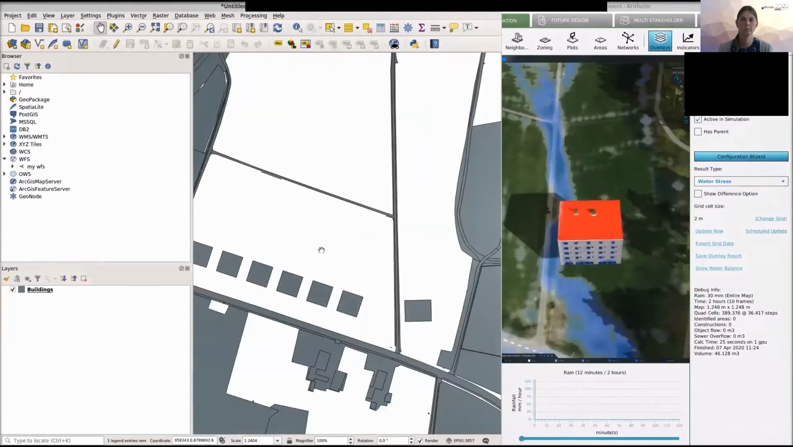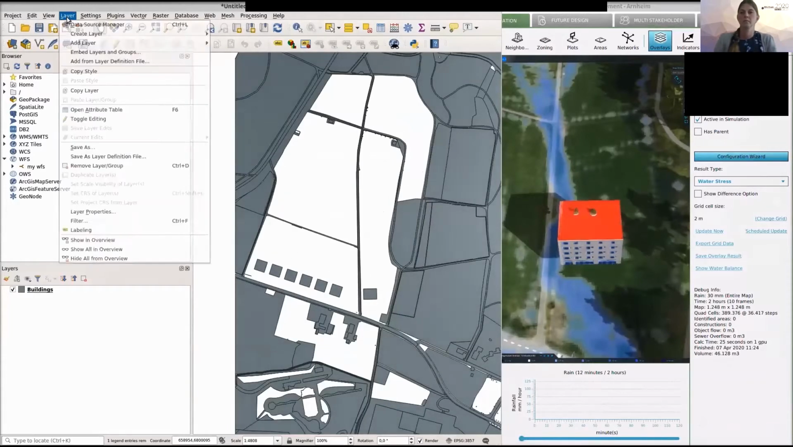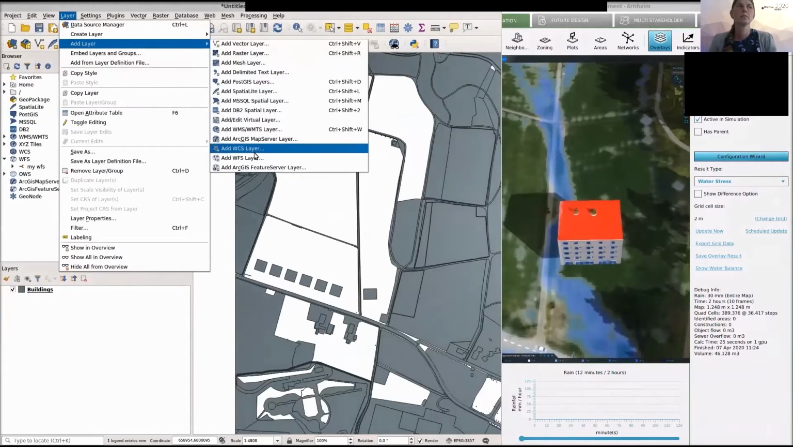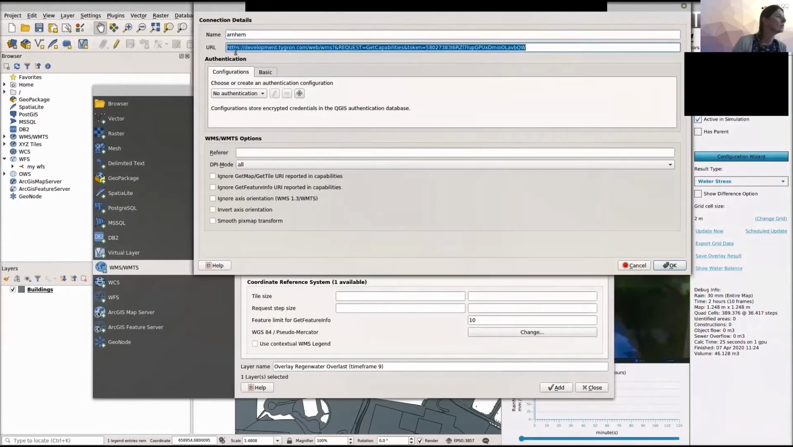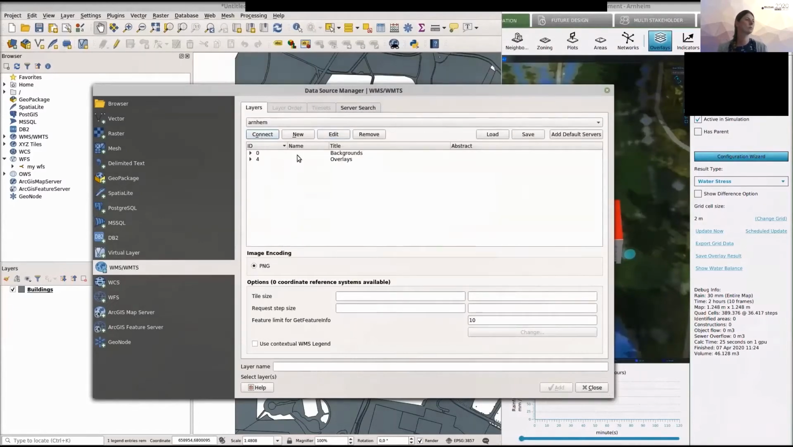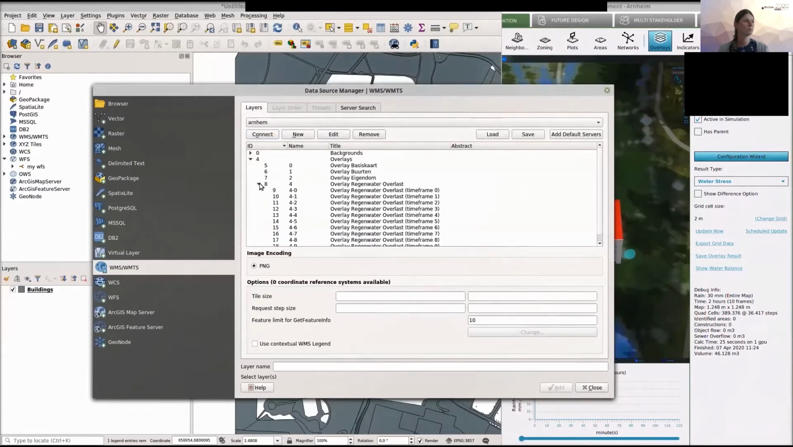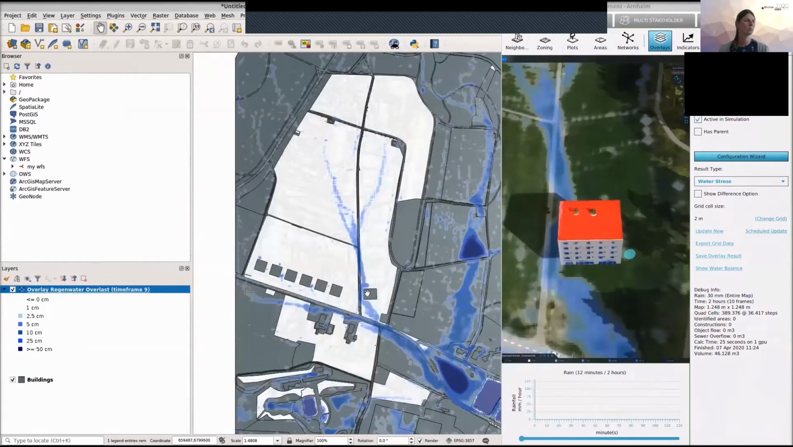So here I have my project again with the buildings in QGIS, and I can do layer, add WMS layer. And here I select edit, enter the URL, okay. And I'm connecting, you see the different overlays in my project. And I select the overlays and then go to the rainfall overlay. And also select the last time frame. And when I add it to my project,